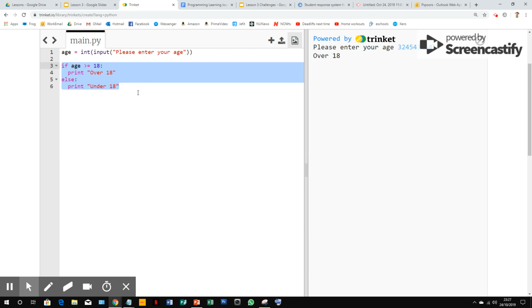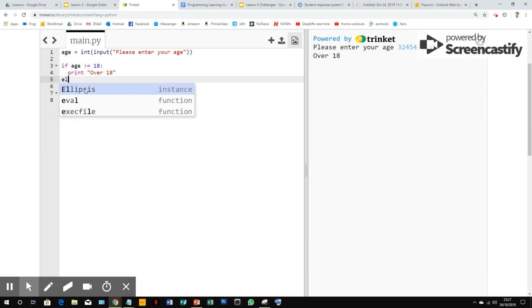So this here, remember, is called a selection construct. In this case, we're using an if to do this. But what happens if there's more than one choice? Well, we can use something called elif within this construct. So again, it goes in line with the if and the else. And I'm going to put in elif, so else if the age